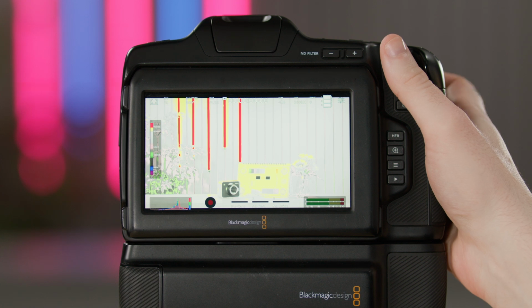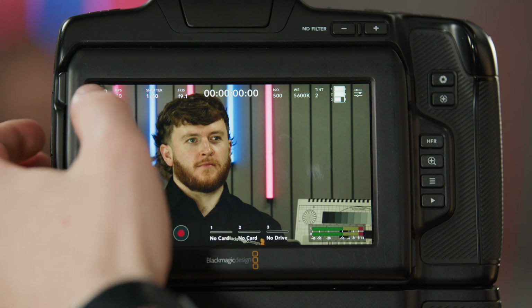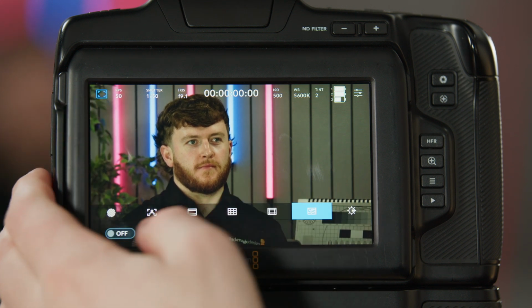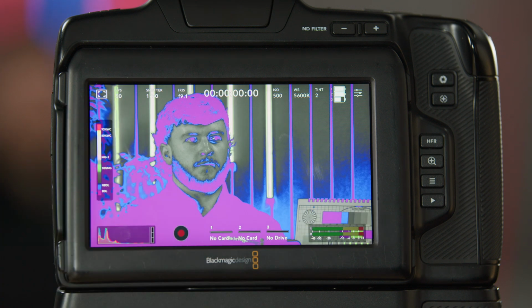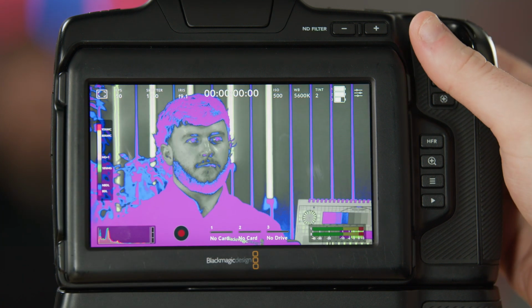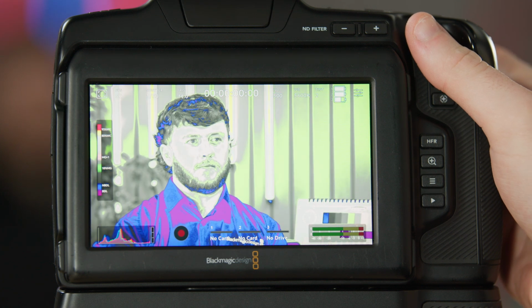This is a really useful tool to see how the exposure of the camera is affecting your whole image and assist in making the right adjustments to things like lighting in your scene. It is also very useful for measuring exposure of skin tones. For example, pink represents optimum exposure for lighter skin tones, while green is a good match for darker skin tones. By monitoring this with false color when recording people, you can maintain constant exposure for their skin tones.